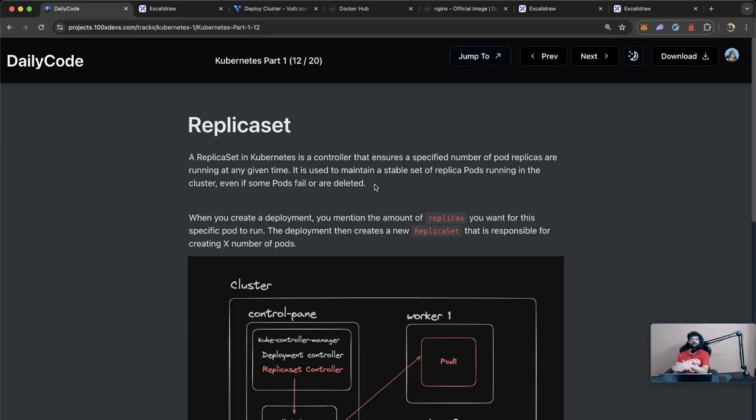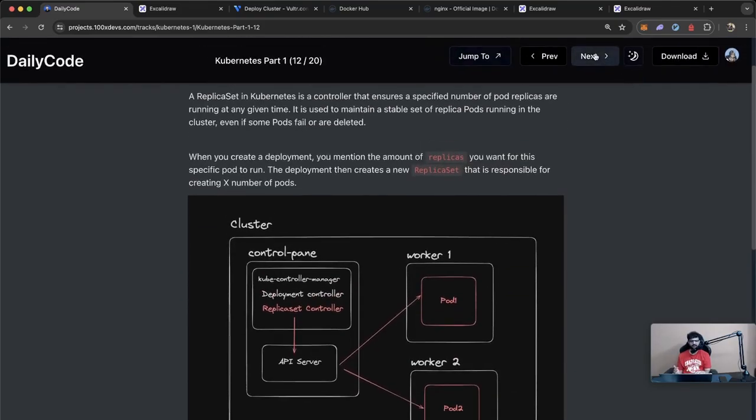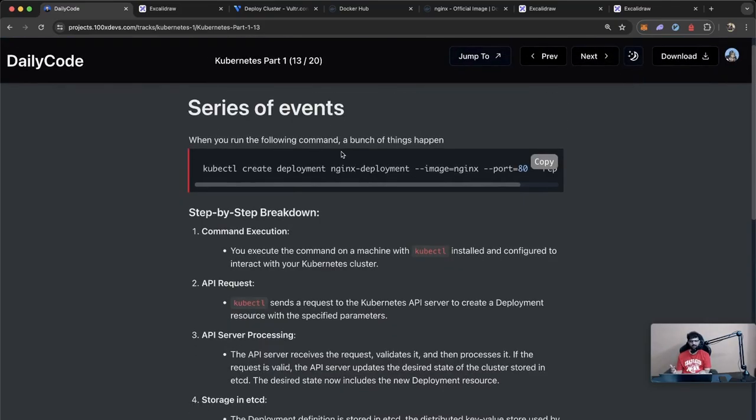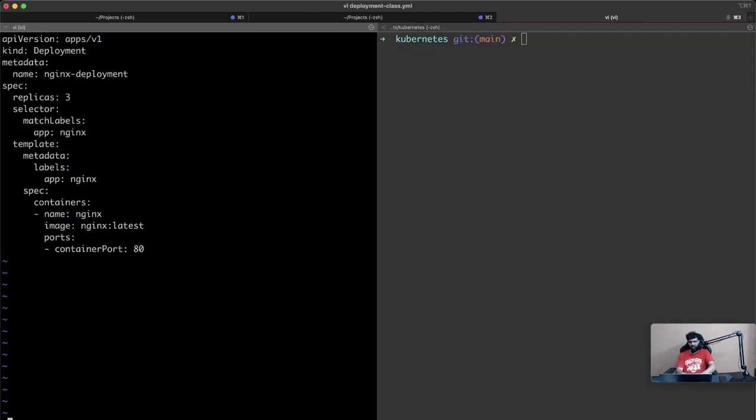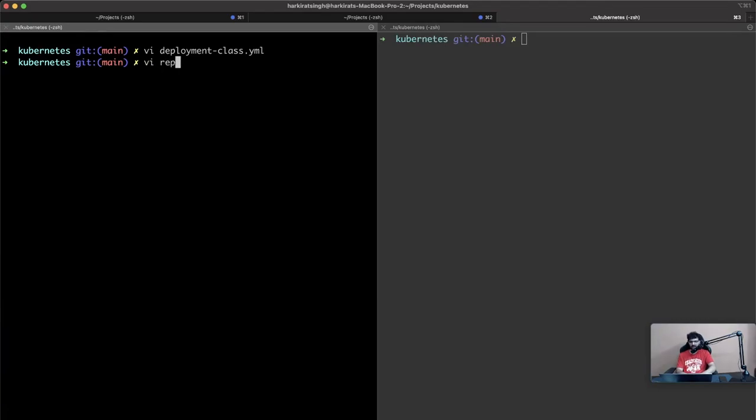You get the idea. Even if a pod is deleted, it will restart it. How do you create a replica set? Let's look at the configuration. It will look very similar to the configuration we created for the deployment. Let me create a replica set